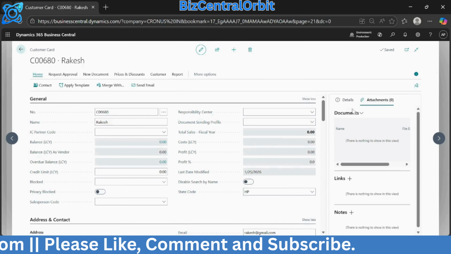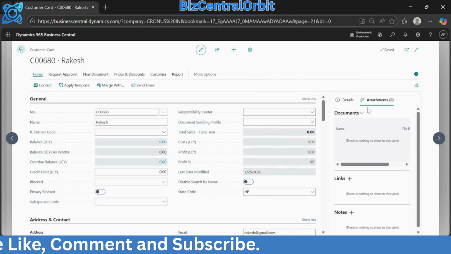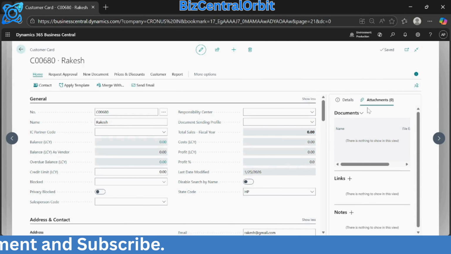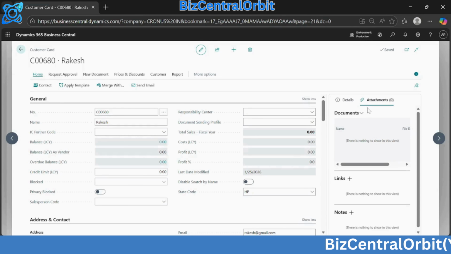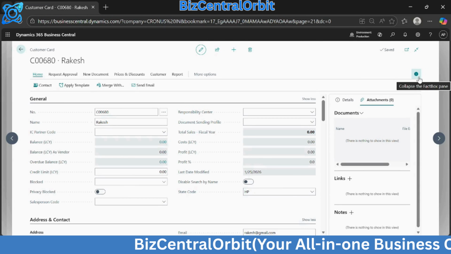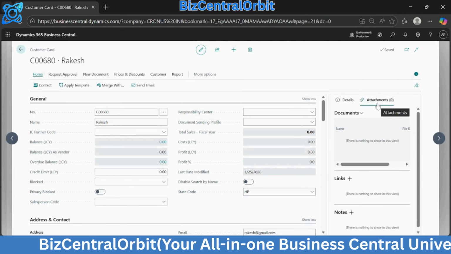Now the fact box area, it is on the right side of the customer card. Fact box areas are small panels that show related and supporting information without leaving the main page. And this button is used to expand and collapse the fact box. In this, the common fact boxes include